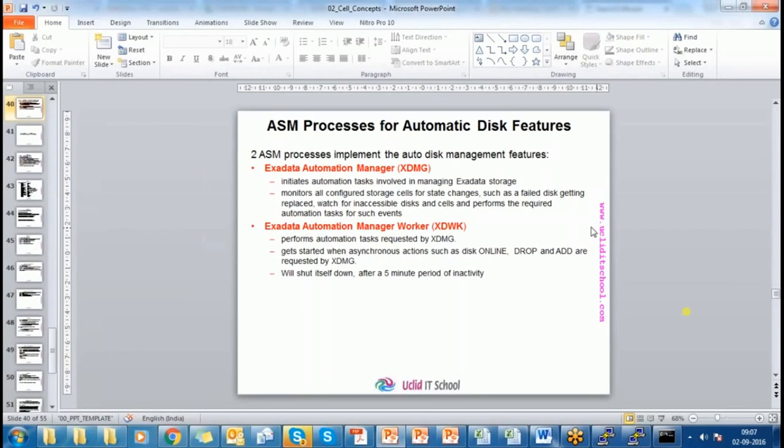All the grid disks belonging to one cell will be in one failure group. Okay, so all the grid disks from the first cell will be in one failure group, and all the grid disks from the second cell will be in a different failure group. So for every cell there is a failure group.